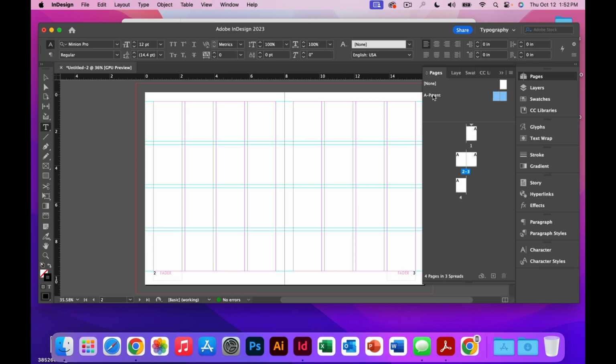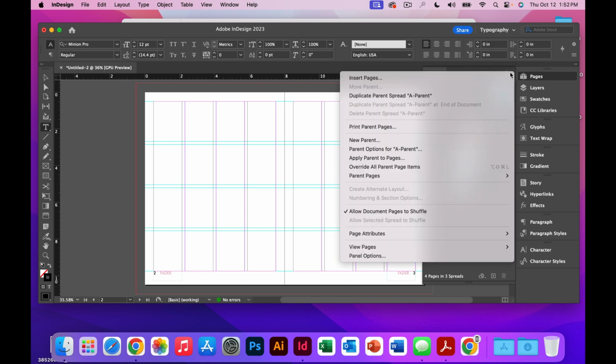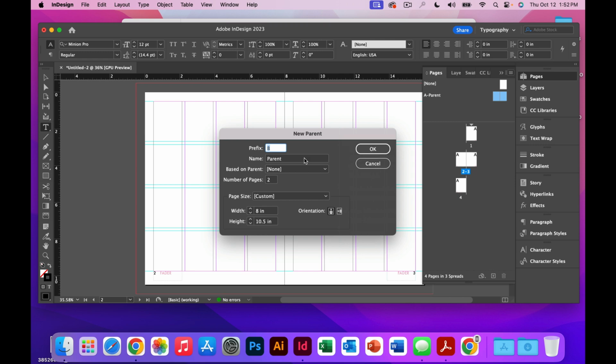All right, so now that we're done with that, the next step I'd like for us to do is to start building our column text. And so I'm going to make a new parent, and the new parent is going to be based on parent A. So if we go to our drop-down menu on our pages and we go to new parent, I'm going to base it on my